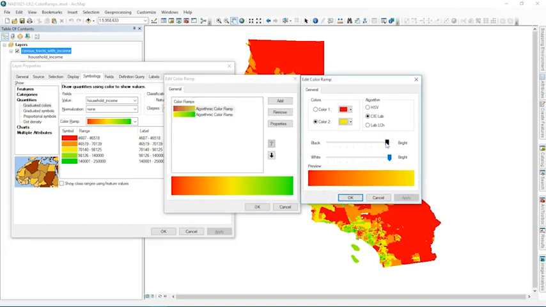Now I can make these colors darker and somewhat less rich, but I can make them just go straight to black by sliding that, and I'll leave it there. And then I can also brighten it up and sort of desaturate everything all the way up to white that way. I can also change the way that it